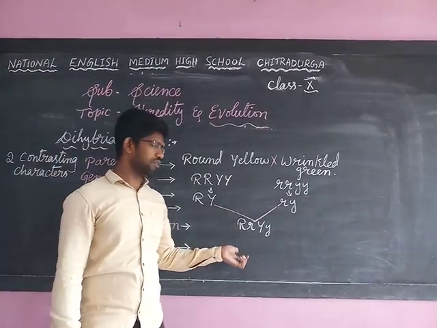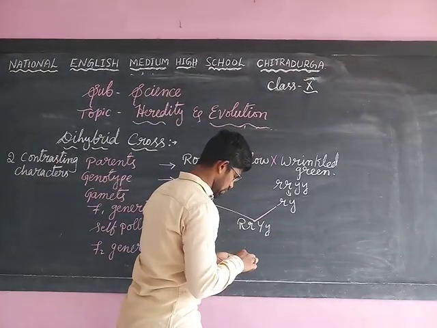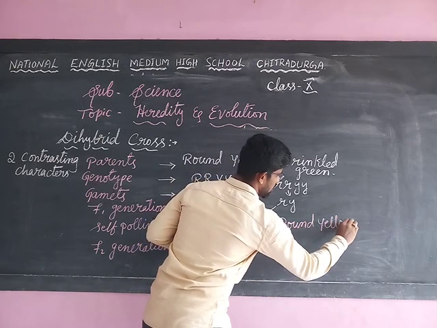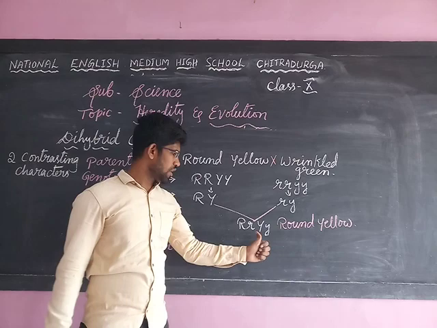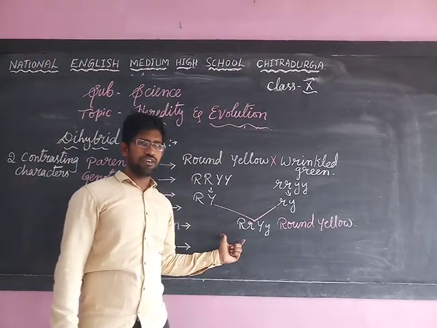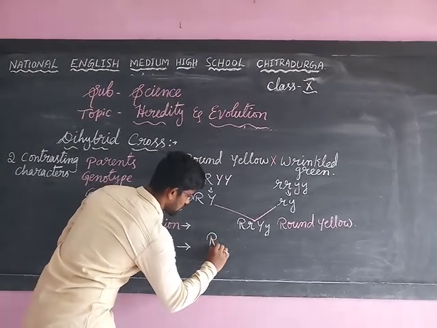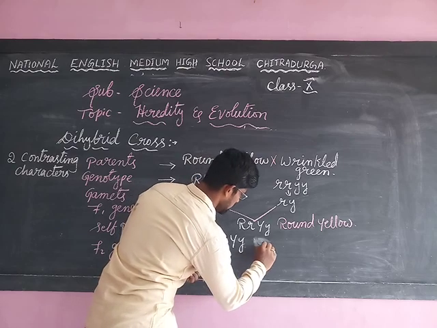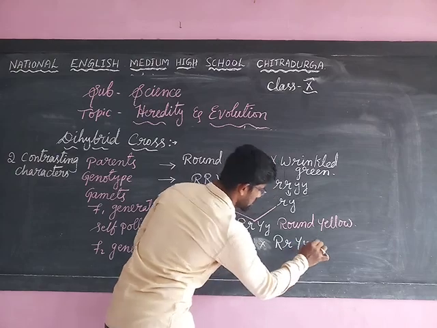What type of individual do we have in this F1 generation? We have round yellow. Remember, we get round yellow in the F1 generation of the dihybrid cross. Round is for capital R because it is dominant, and yellow for Y because it is also dominant. These are the two dominant characteristics expressed in the F1 generation. When this F1 generation, capital R small r, capital Y small y, undergoes self-pollination with the same type of individual, capital R small r, capital Y small y,